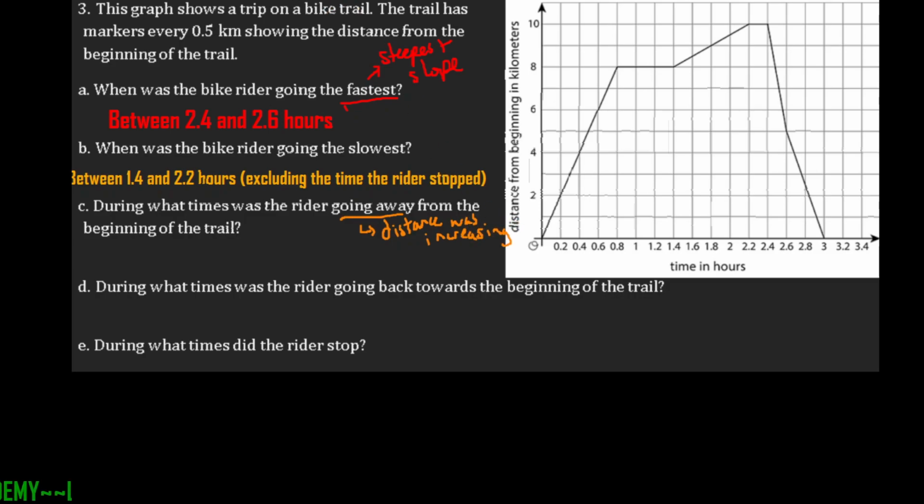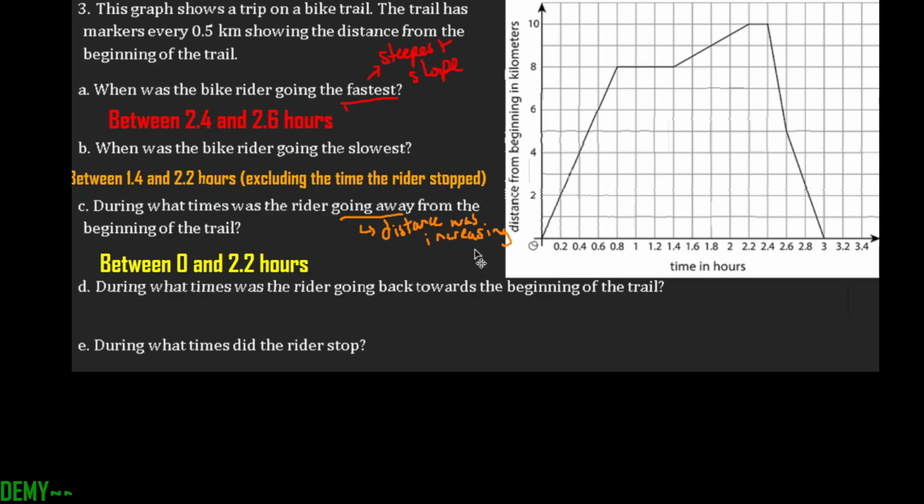So what we can say for that is between 0 and 2.2. If we go the whole way from 0, notice how it's increasing, and from 2.2, that's when it kind of drops off. So they were about 2.2 hours out from the start when they started to head back to